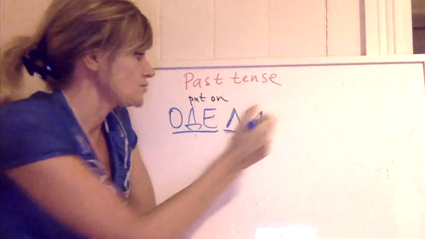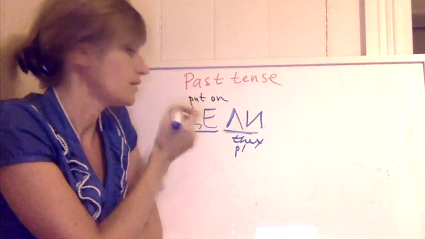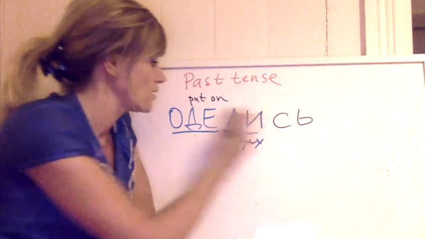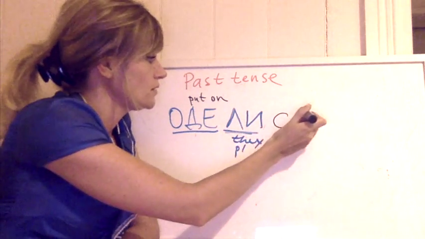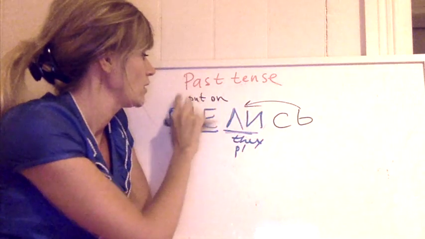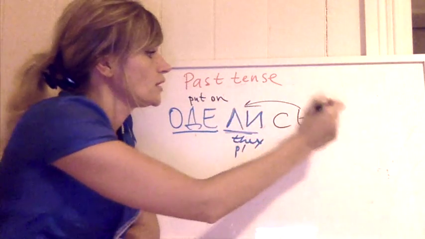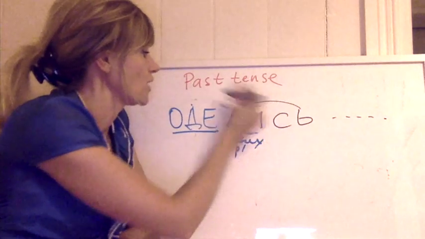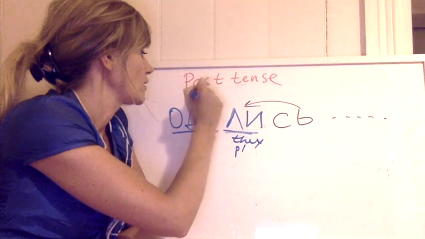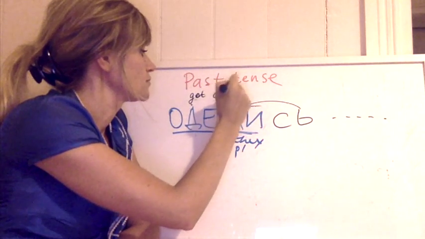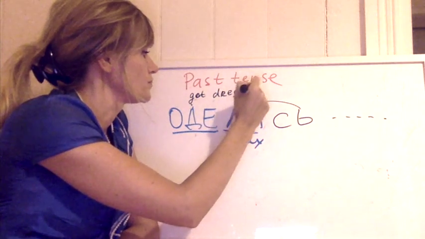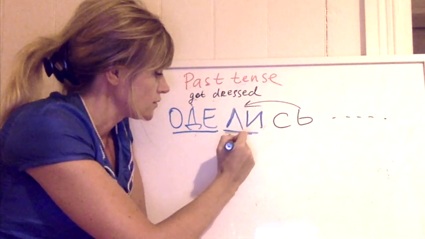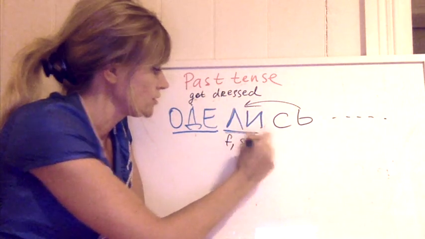Now let's remember reflexive ending. Они оделись. What does it mean with the reflexive thing? Instead of they put on something, the translation will become they got dressed. If it's a feminine gender or she,